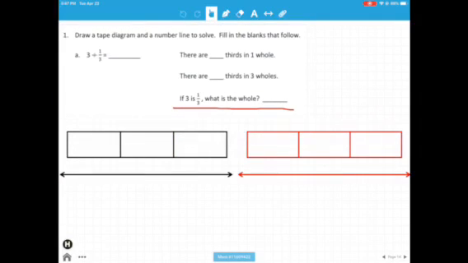I'm going to actually do some of the problems with you. So we're going to draw a tape diagram and a number line to solve. Fill in the blanks that follow. Okay, so we have 3 divided by 1/3. So what we're going to do is we're going to divide